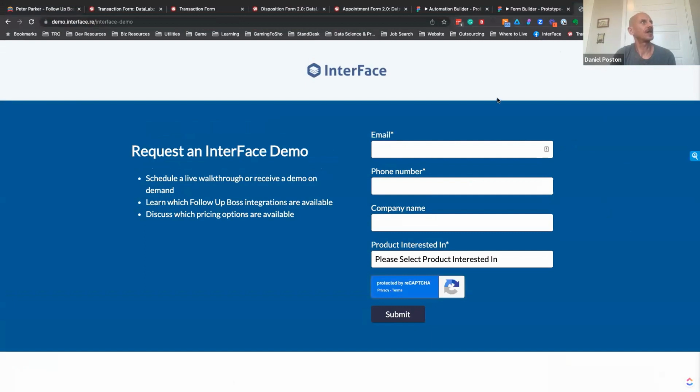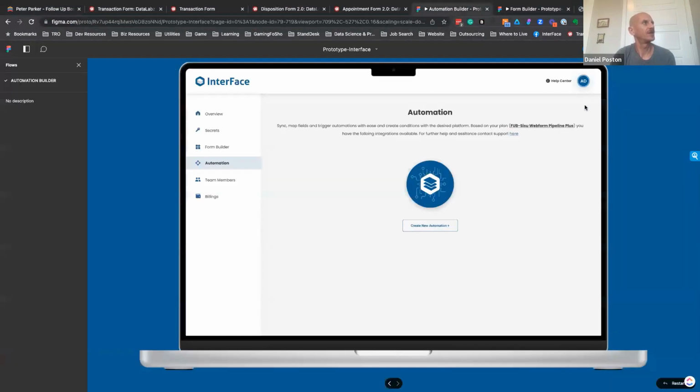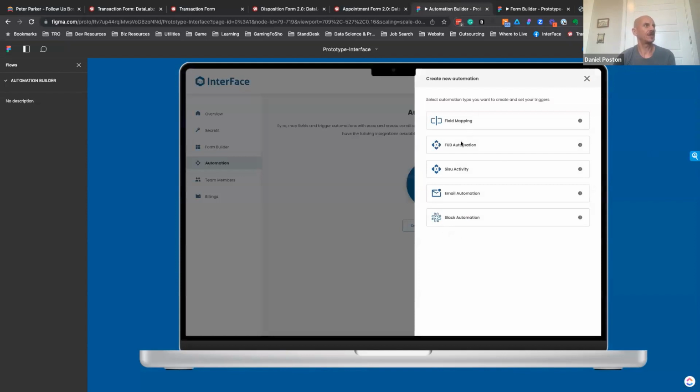One last thing I wanted to touch on, which is actually the next thing we're about to release, is our automation builder. Zapier is great, but there are some limitations with Zapier, and Follow Boss automation is great, but there are some limitations with Follow Boss automation. So we're working on a simplified automation platform that does some of the stuff that Zapier doesn't do and Follow Boss doesn't do. The first iteration of it is actually going to be